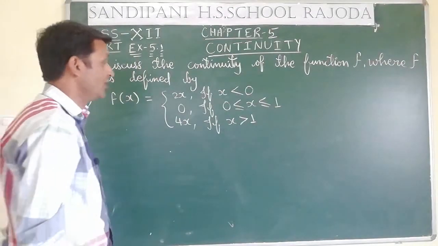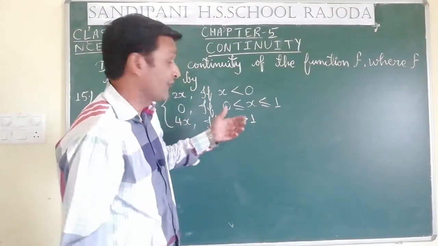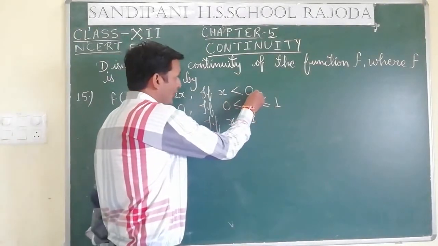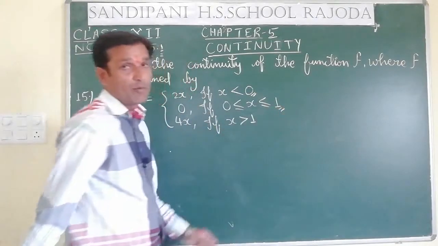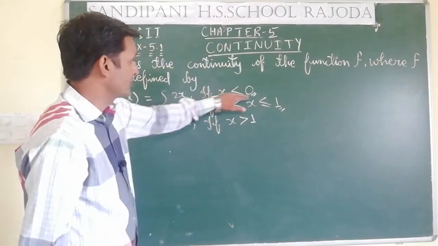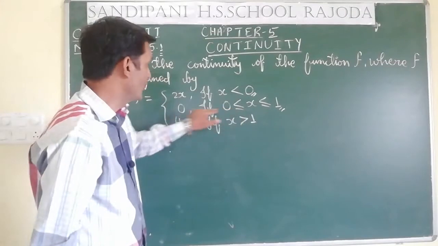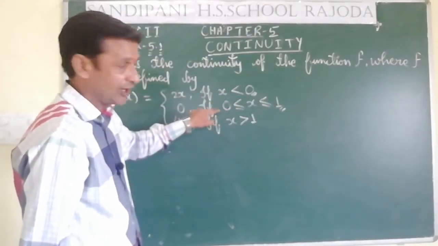This is our question. So, let us discuss again at which point we have to discuss the continuity. We are having 2 points, 0 and 1. Of course, on both the points we are able to discuss it, because LHL we can discuss for 0 from here, RHL and equal to 0 from here. So, at 0 we are able to discuss the continuity.